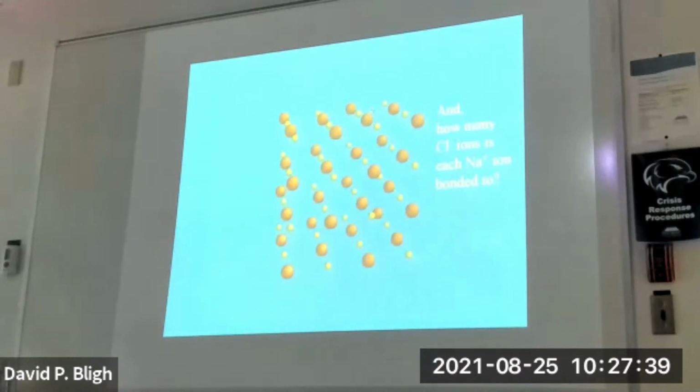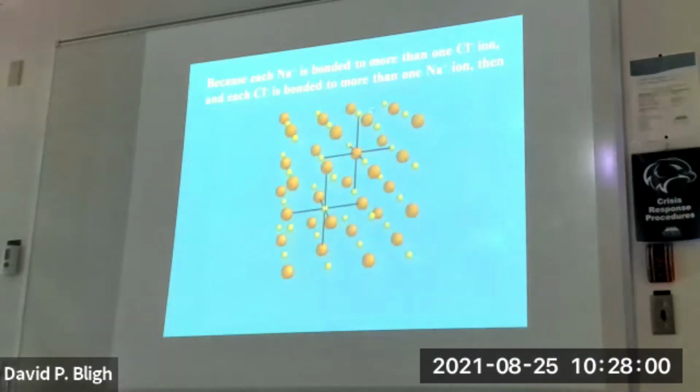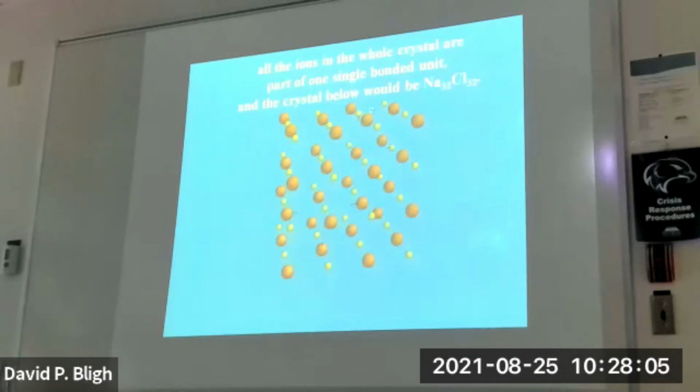If we ask the same question of sodium, how many chloride ions can it bond to? Well, again, there are 6 chloride ions that it's equidistant to, and therefore the sodium ion also bonds to 6 chloride ions. So as you go throughout the crystal, you can see that is always the case. Because each sodium is bonded to more than 1 chloride ion, and each chloride ion is bonded to more than 1 sodium ion, then you can think of all the ions in the whole crystal as part of one single bonded unit. And the crystal below would be